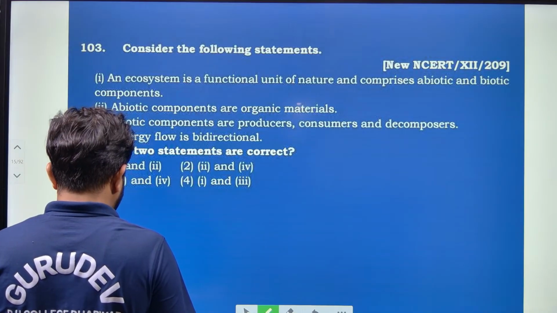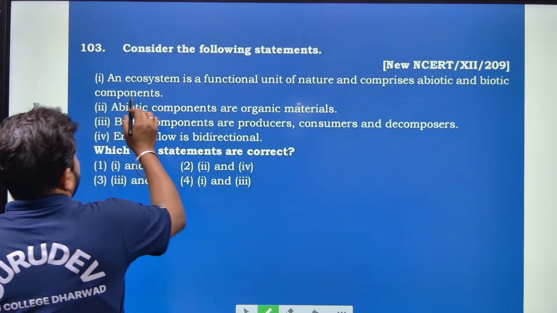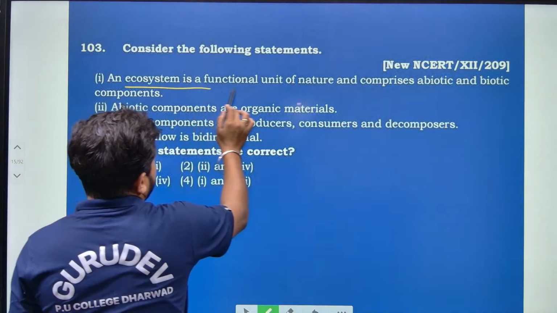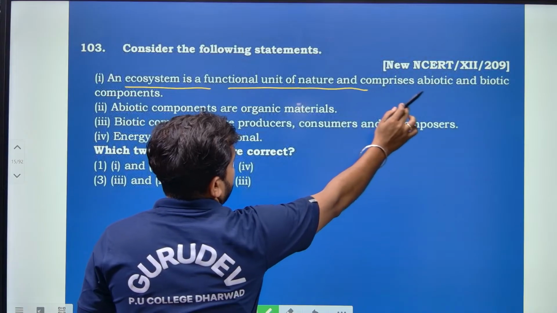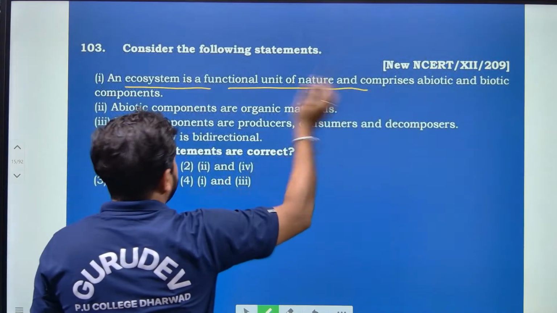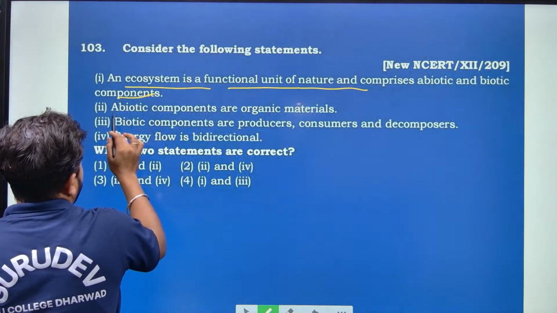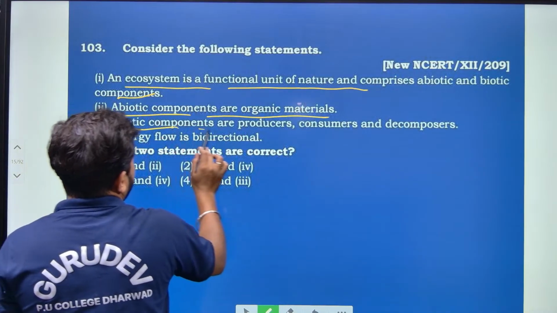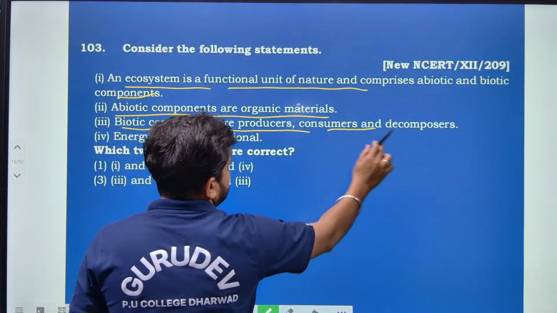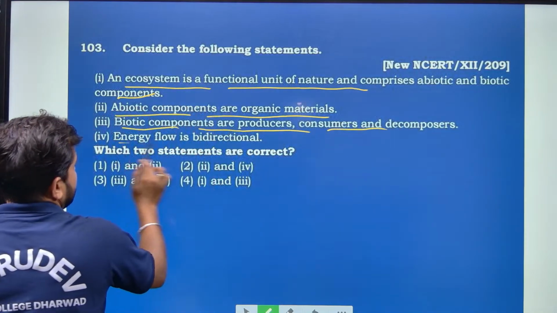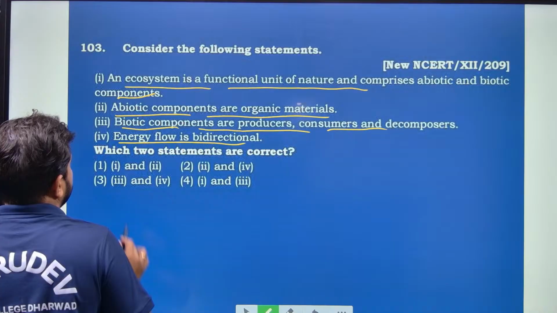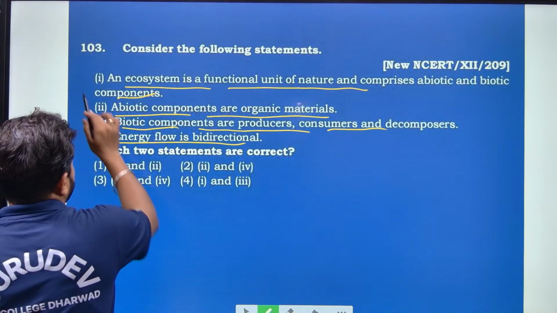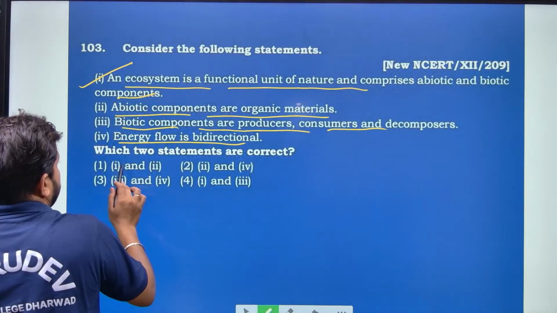Then based on that, if I consider, majorly, an ecosystem is a functional unit of nature and comprises abiotic and biotic components. Then abiotic components are organic material. Biotic components are producers, consumers and decomposers. Energy flow is bidirectional. So according to this, if I consider the first option, which is actually correct,